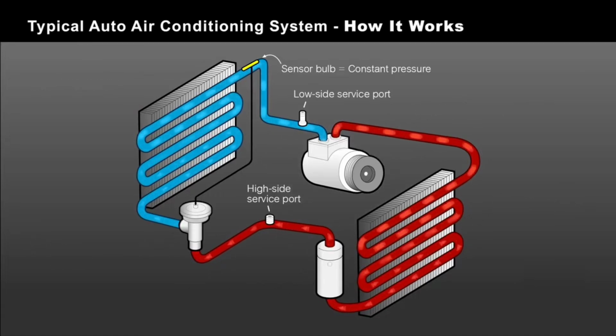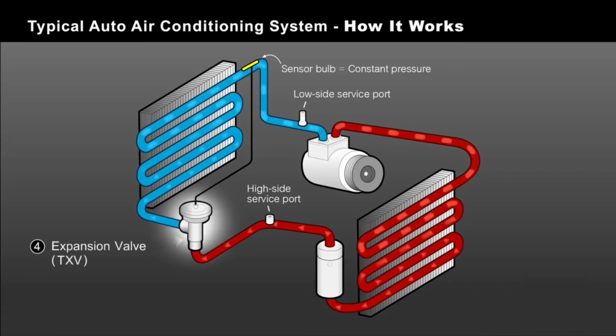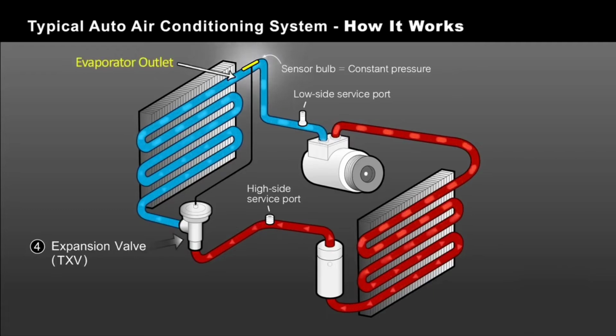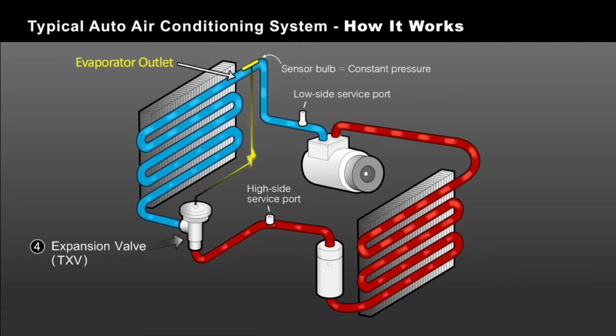A number of car manufacturers started using a thermal expansion valve, or a TXV, to make the air conditioner operate more efficiently and give better cooling. The TXV system, as shown in our diagram, has a small temperature bulb located at the outlet of the evaporator, which continually adjusts the refrigerant flow through the expansion valve and into the evaporator based on the evaporator's temperature and pressure. Because the evaporator's outlet temperature is used to regulate the TXV valve, it sets a maximum operating pressure at